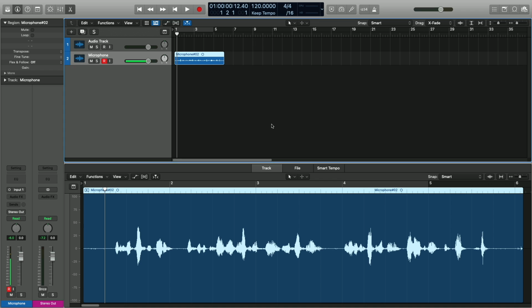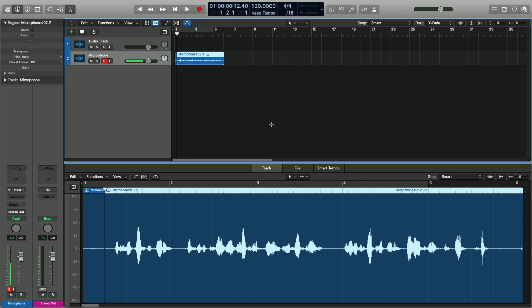A lot of professional audio producers will say to learn your keyboard shortcuts so you can make things happen a lot faster and easier. Keyboard shortcuts are combinations you can press on the keyboard to make things happen. I'm going to teach you one right now, and it's the cut function. You can cut regions by simply pressing the command button